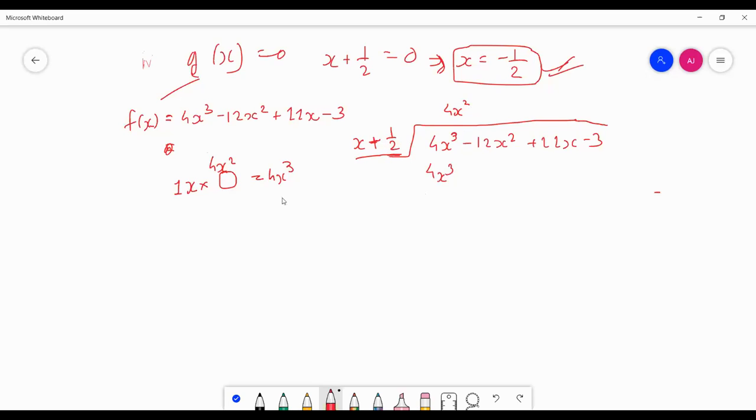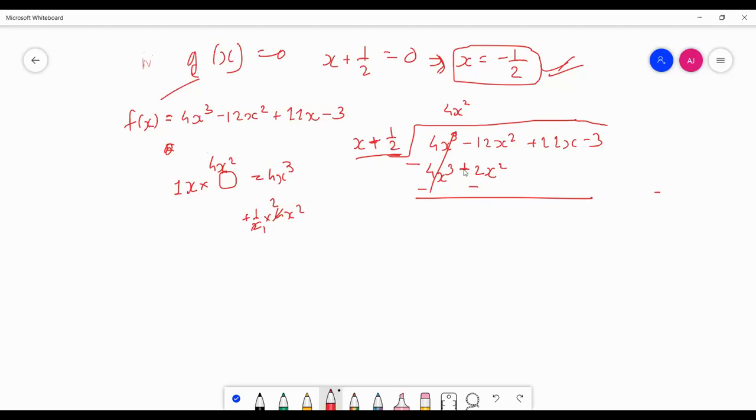And then plus plus plus. Because for 4x square the sign we have taken is plus. So it is plus 1 by 2 into 4x square. So 2 ones are 2, 2 twos are 4. It will become 2x square. So plus 2x square. We will subtract it. It will become minus minus. So 4x cube will get cancelled. Minus 12x square minus